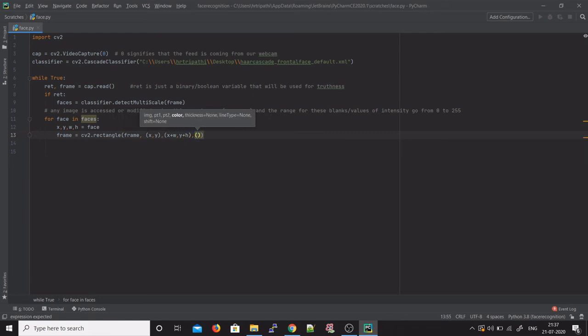And say I want to make a red colored rectangle. As you just saw for assigning colors as numbers, that would be 0 comma 0 comma 255. That means my blue color is 0, green color is 0 and red is at max intensity. So it will be a bright red rectangle or square around any face in my frame. And say I make my thickness 3. Alright, so up until now we have made rectangles around all our faces in a particular frame.